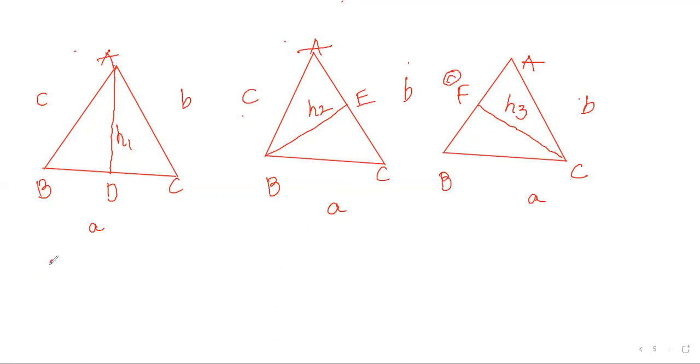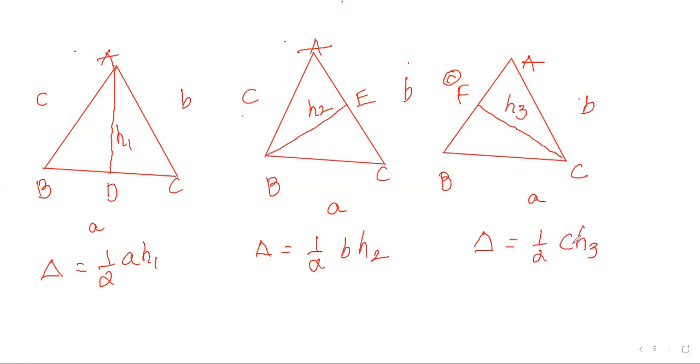Now delta is equal to half base into height, half a into H1. And delta is equal to half b into H2, and delta is equal to half c into H3, base into height. Base is c, height is H3. Base is b, height is H2. Base is a and height is H1. So from this, another thing is, if you take angle C, from this sine of